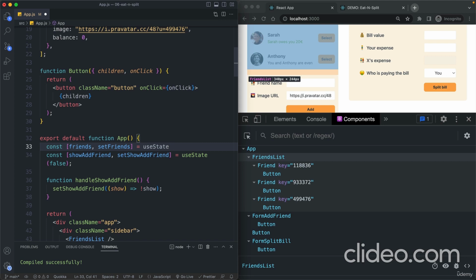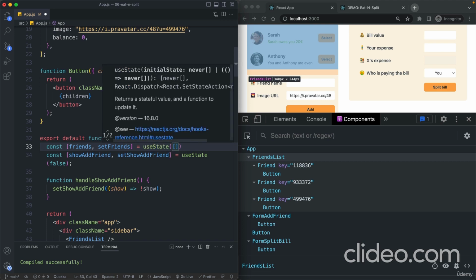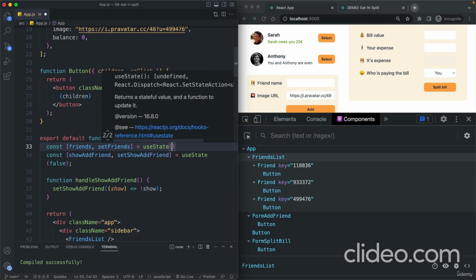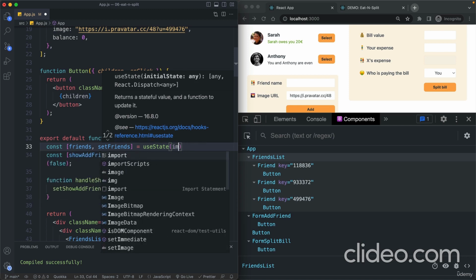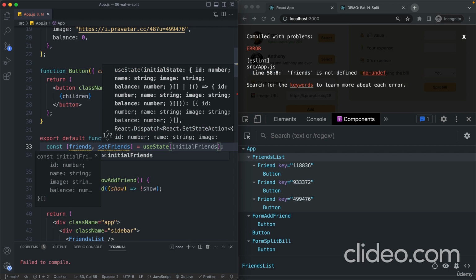And what should the initial value be now? Well, not just an empty array, because we actually want these three friends here to be visible at the very beginning. I mean, it probably doesn't make a lot of sense for all the users to have these three friends, but let's just say that this is how it works. So let's just say that these friends are basically the default friends of everyone,